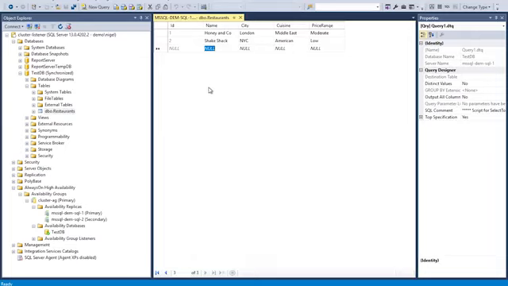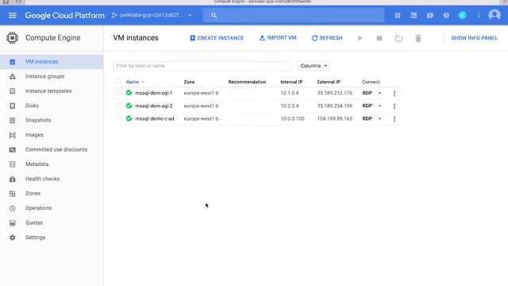Now, the next fun thing to do is to test failover. So let's take our primary database offline, and we'll do this as if it was an unplanned failover where the machine has failed all of a sudden. So I'm going to go back over to the Cloud Console and we'll just simply shut that machine down, and then we'll see what happens.